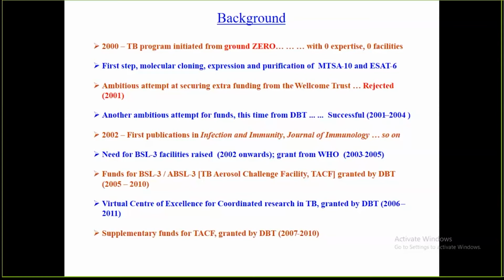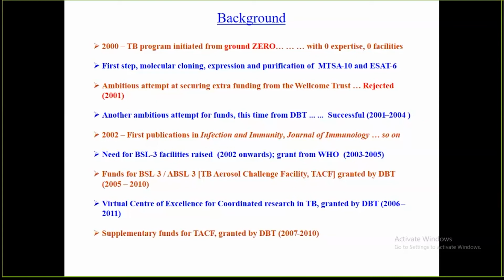But it was not so easy. This is for information of Sandhya also. Sandhya, back then in 2001, ICGEB would not get any funding from any national agency because we were considered international and we had multilateral ties and so on. So no funding agency would give. Mine was the first project which actually brought about a policy change in DBT. The file went up to the ministry to allow funding of grants from national agencies to ICGEB. So that first project came.